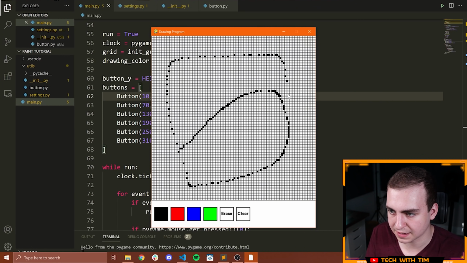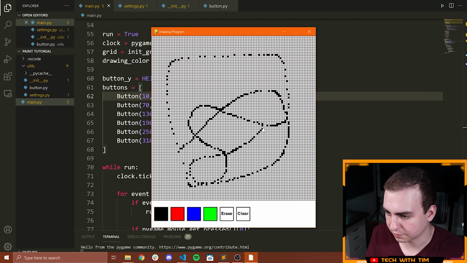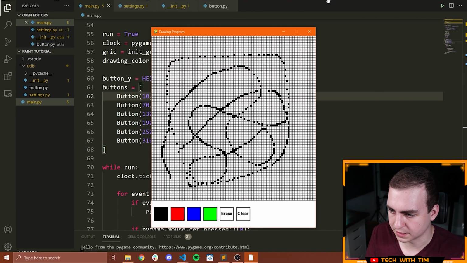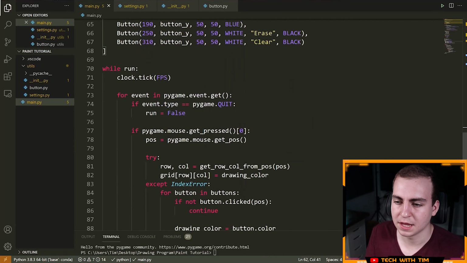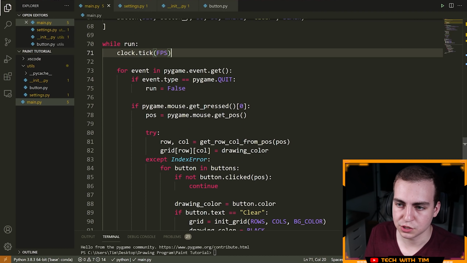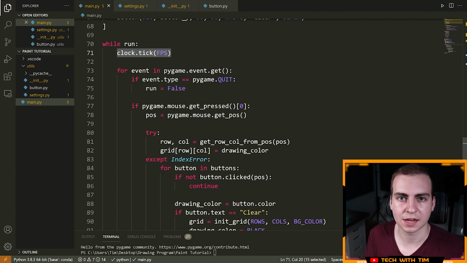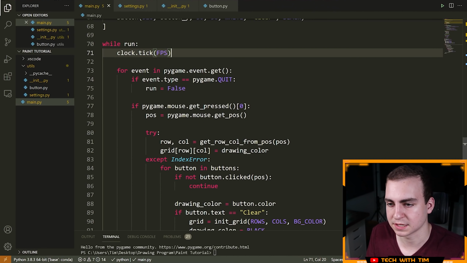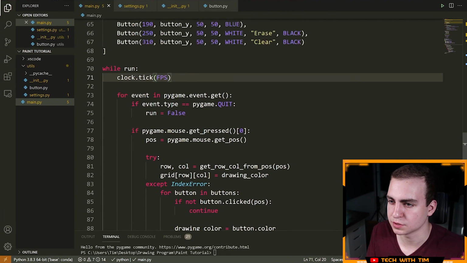I mean, if you go really fast, it can't keep up. But if you go at a moderate speed, then it can keep up with a higher FPS. I don't know if the FPS is really making a difference, but that is something that would potentially change it. The reason why the FPS going up would make this work better is because this allows you to do more events per second, essentially, to refresh the screen more often. And so you can check more events. That's kind of the reason why that might do something.